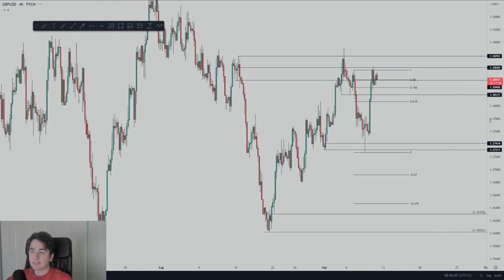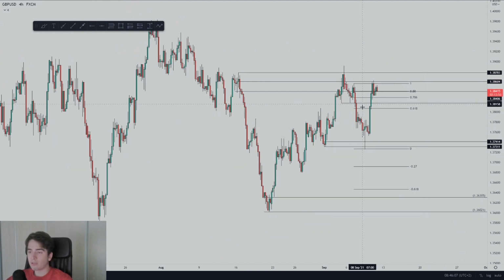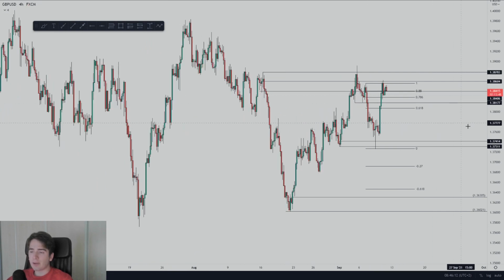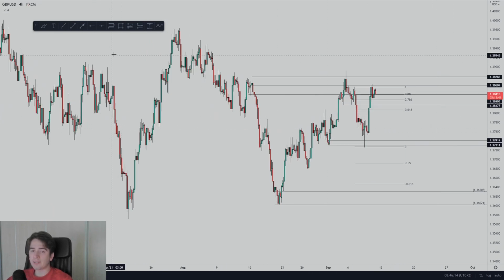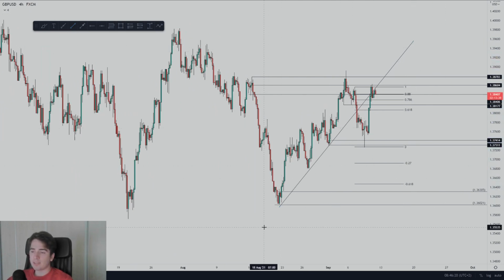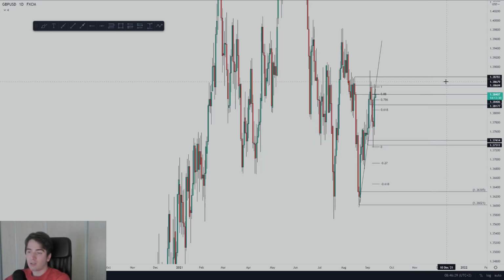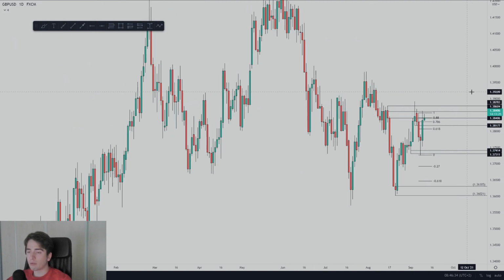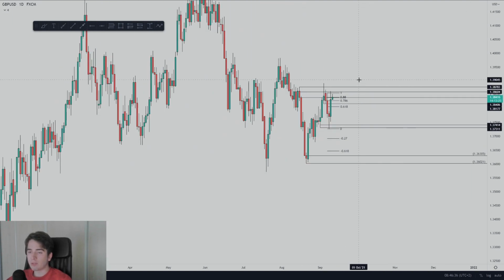If the dollar index decides to push further up in towards the highs, we will see more downside on pound dollar. Personally, staying out of this pair because I just do not like the structure of it. And furthermore, I'm also not really seeing the supply and demand zones, which I would preferably want to see. However, as you guys can see, of course, a perfect trendline break retest. And after that, we are starting to see some bearish momentum kick in. So yeah, if you're in a short, it does look good in my opinion. But just not enough of a high probability setup for me to take a real genuine short.